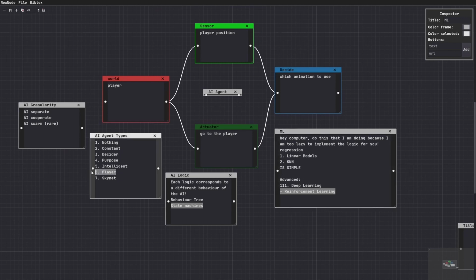Reinforcement learning replaces the player logic. However, nothing logic needs nothing. Constant logic needs literal constant things. When you get to the decider, this decision is usually an if something, right? You have two choices here. In the decider, you can either program, literally, if the player is nearby, do that, and this is the decider,